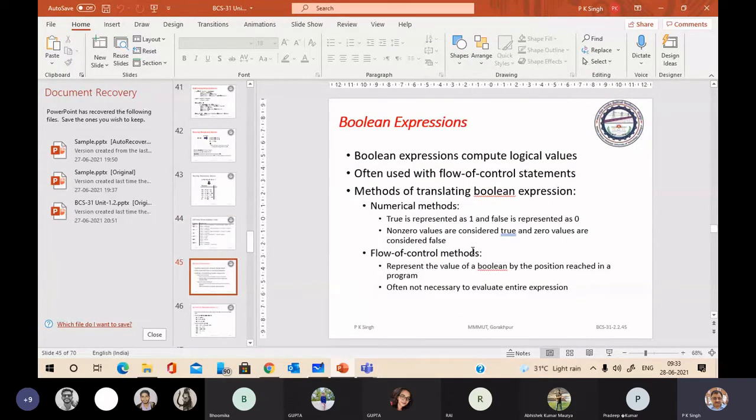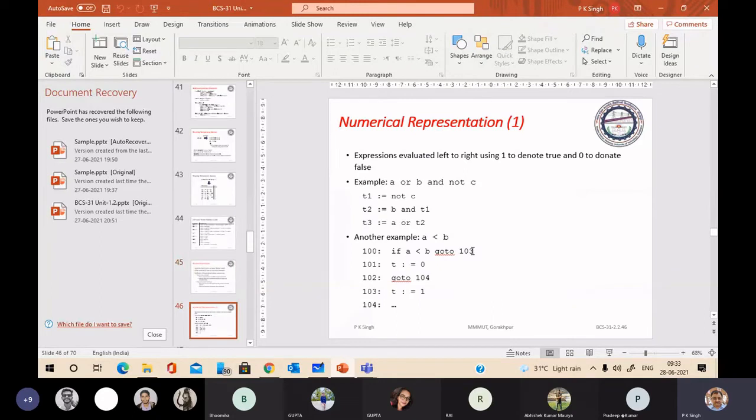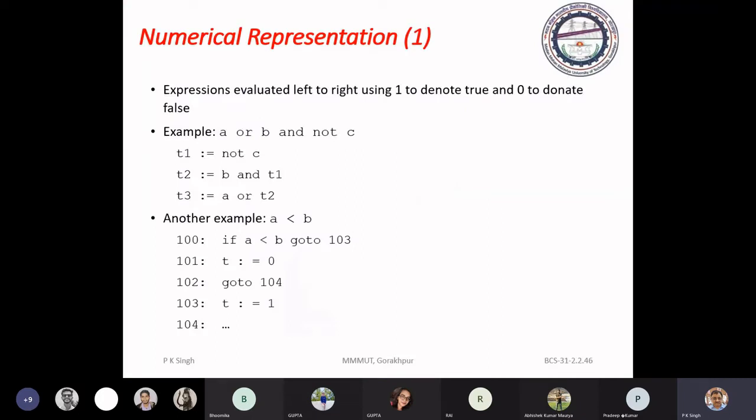Next, come to this. For the conditional expression, we have two methods for translation.